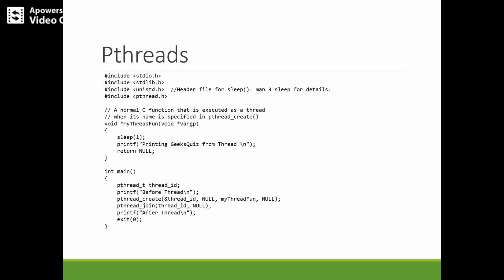So when this line is executed, the control flows directly to my thread function, and you can observe that there is a primitive called the sleep function, wherein the thread can sleep for a certain amount of time, but there needs to be a header file which supports this definition. That is given in unistd.h, and next it goes on to print "hello from the thread".